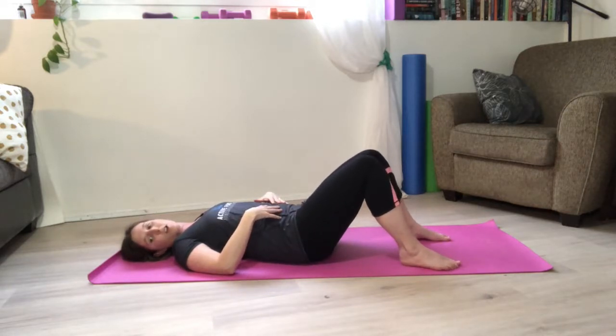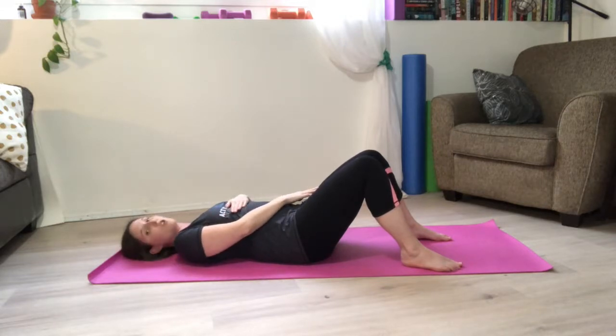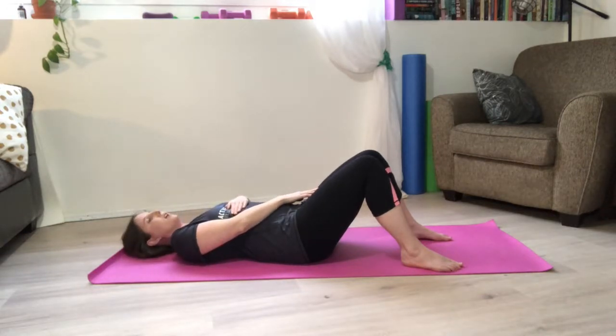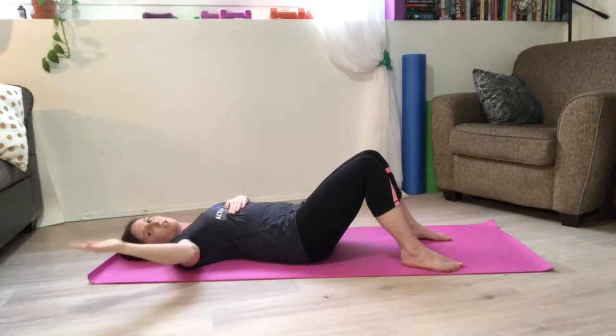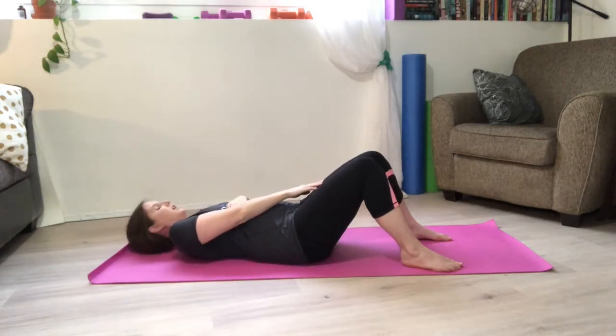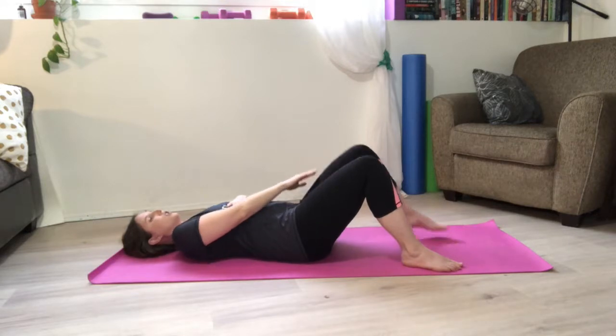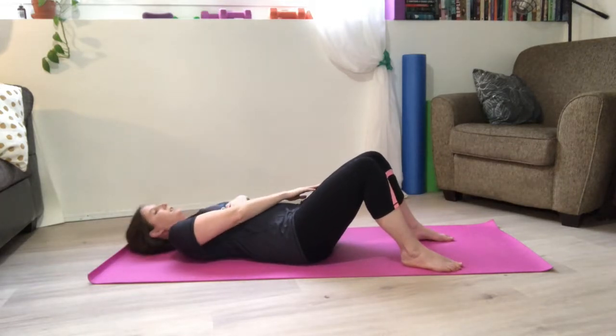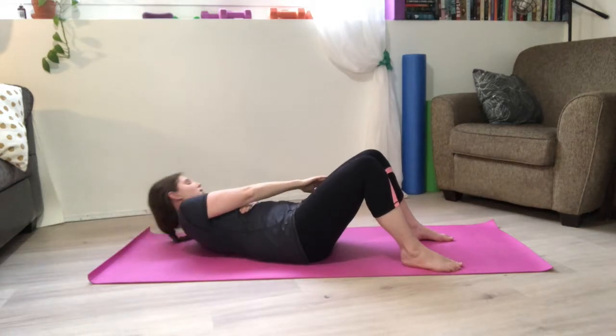Next, we're going to move on to some mini obliques. So you're not going to be moving very high off the ground. You're just going to be reaching for your opposite knee and back down. So taking your right hand, reaching over to the left side, reaching to the side, and back down. So you're reaching to the side of your leg here. 1, 10 on each side, 2,